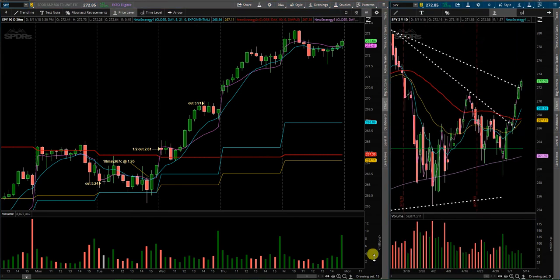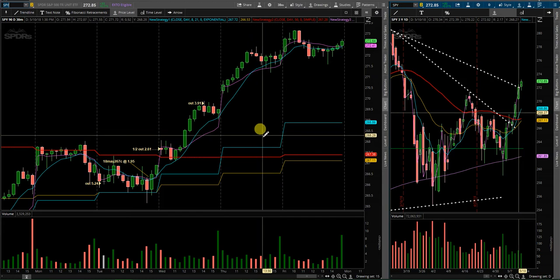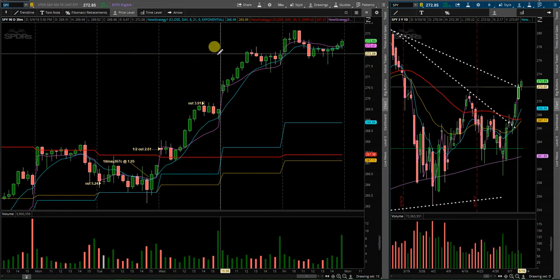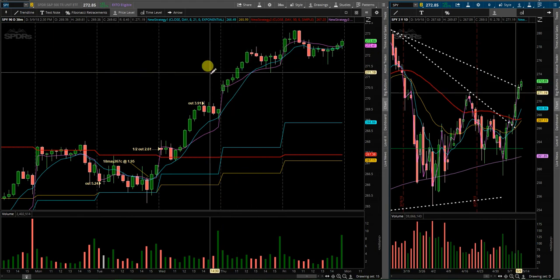Very nice moves to make some money on. However, I did miss a lot of the price action on Thursday and Friday. I was more focused on Apple simply because price action was at all-time highs, positive catalyst, a lot of participation. So I kind of let S&P fall off my radar for Thursday and Friday, but if you remember, I was